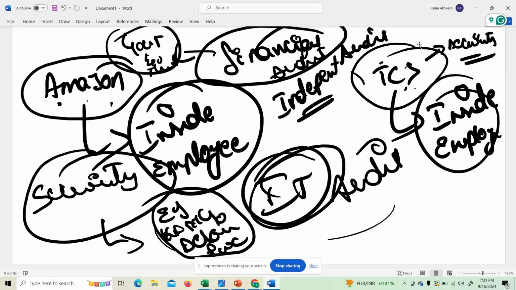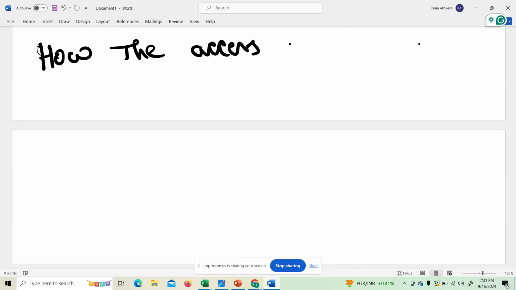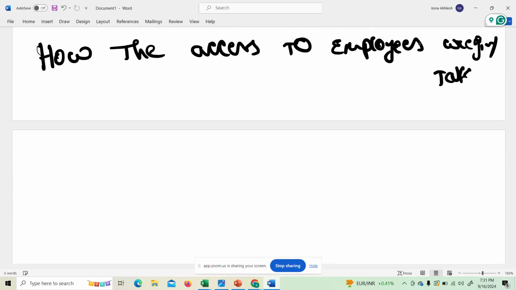So what are security controls? For example, database: how the access for employees is given and taken. This given and taken has two different words, provisioning and deprovisioning. For your normal understanding, I'm saying this: given and taken. And how the vulnerabilities are managed.